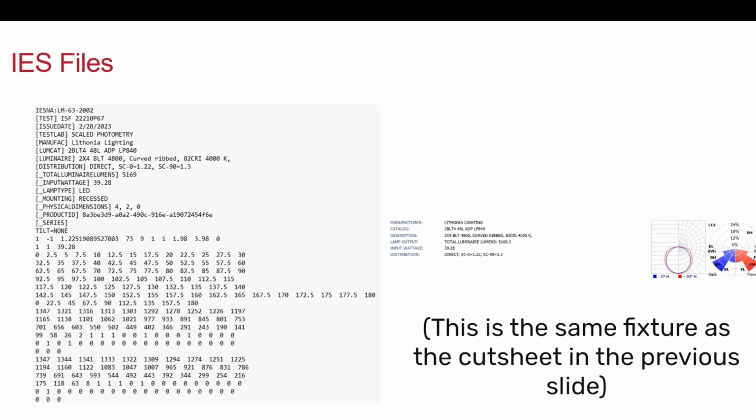We will then download those IES files and import them into Visual and then place them to run our photometric calculations. Later, I'll show you how to pull these from the internet, but I just wanted to make sure that you see what they look like when you open them up with a text editor. You won't ever really do that, but this is what the file itself looks like. That's it for the basic introduction on